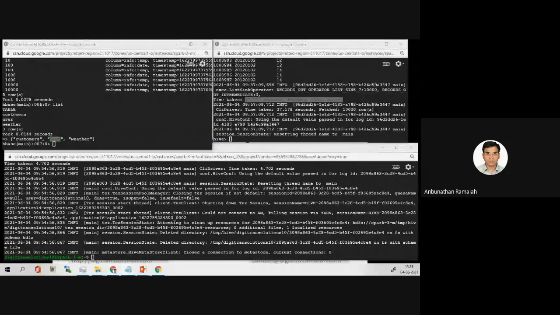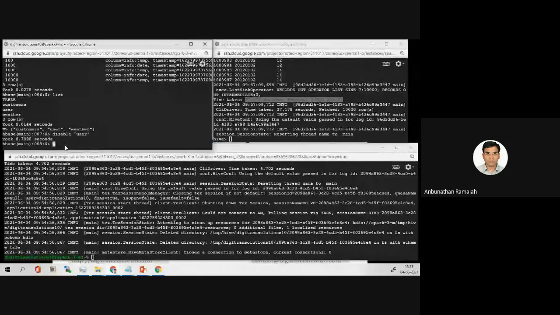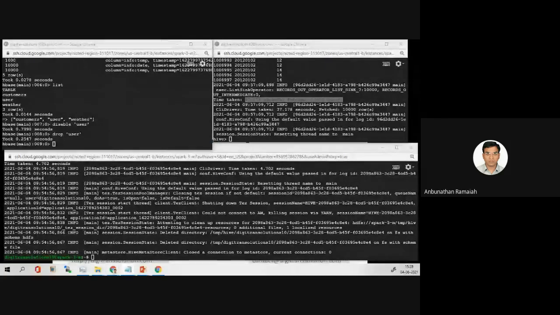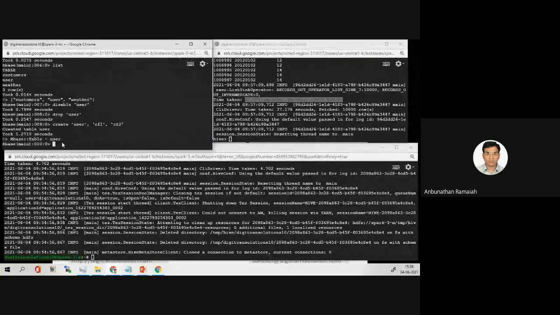First let us disable this. Disable, then drop this table, then we'll create one more time. So now again we'll do list.